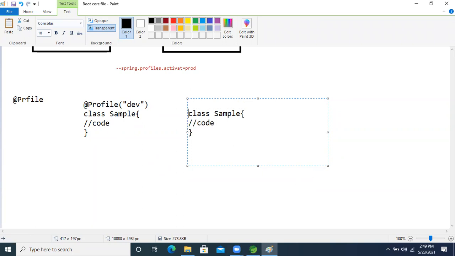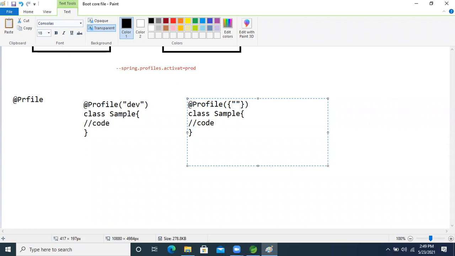I want this logic to run in every environment, so we take the @Profile annotation and inside it an array.